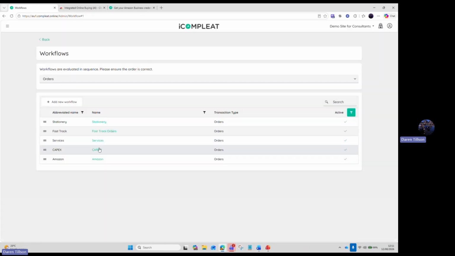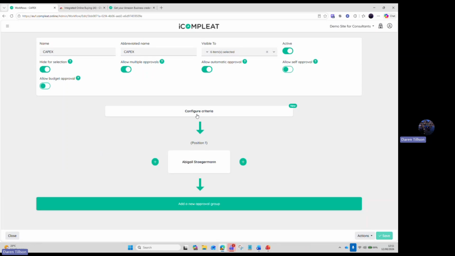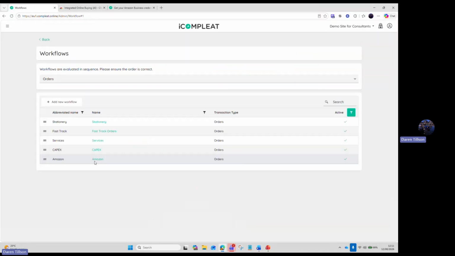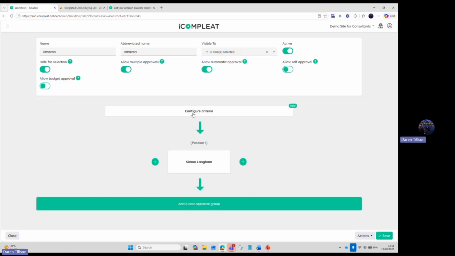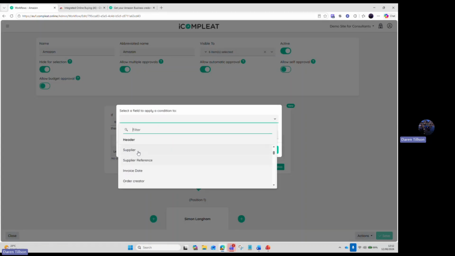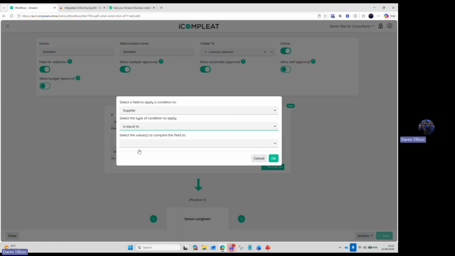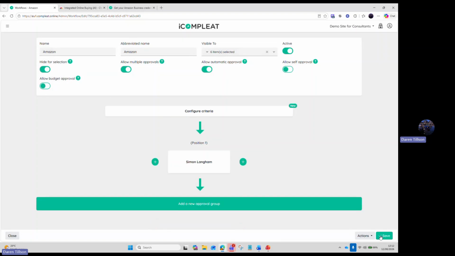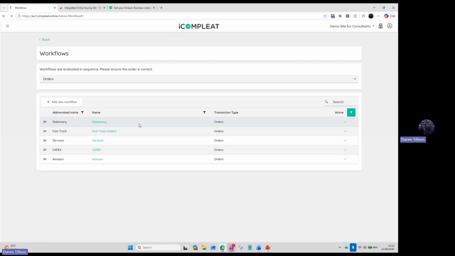I've got my CapEx, which is saying if the layout is equal to CapEx purchases. I've got Amazon, which is saying, or should say, if the supplier is equal to Amazon. So we can build in all of these different criteria into these selectors, which will then enable the system to